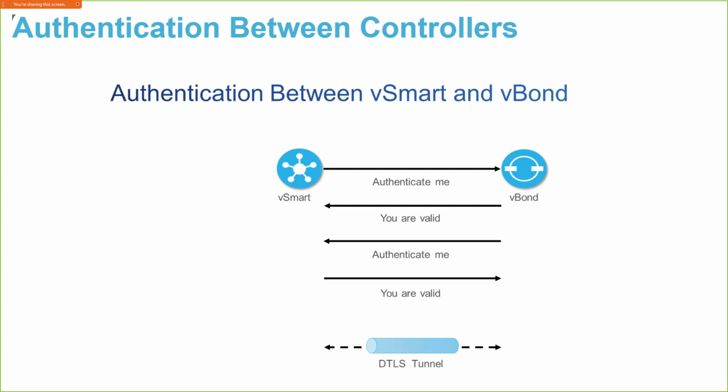We actually have a daemon running on each vSmart controller and each vEdge router that creates and maintains those secure DTLS tunnels and TLS connections. And that daemon is called the vDaemon. Everything starts with a V in this architecture. So the vDaemon